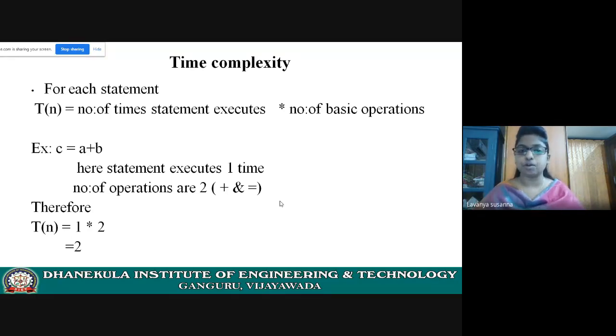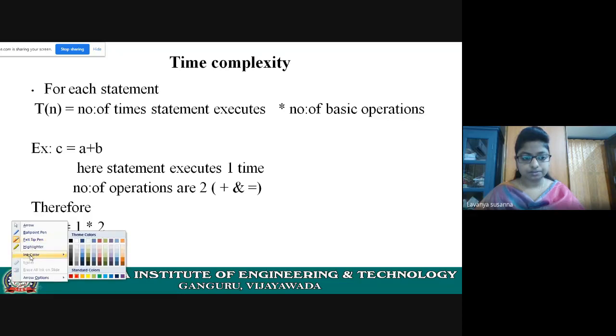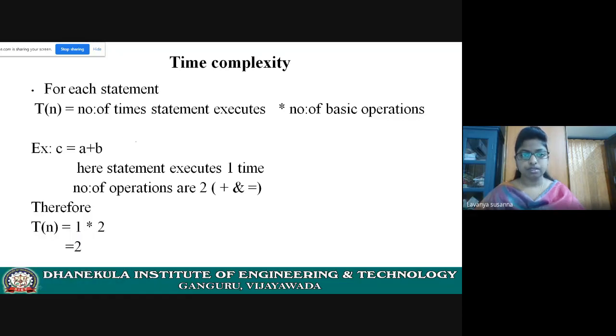How to find time complexity. Please listen carefully. See, time complexity. How to find time complexity? T of n equals the number of times a statement executes.